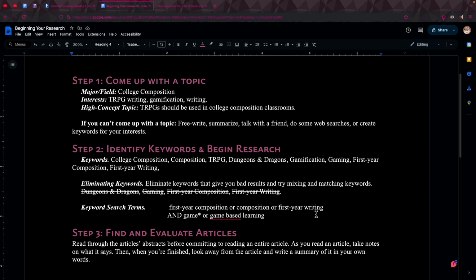Talk about a few things related to beginning your genre analysis. So the first thing I want to talk about are steps for coming up with a topic and for beginning